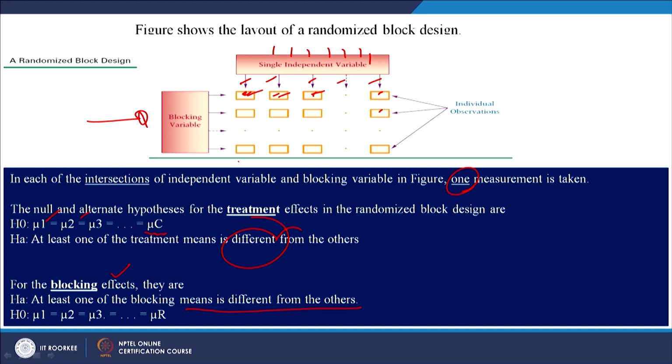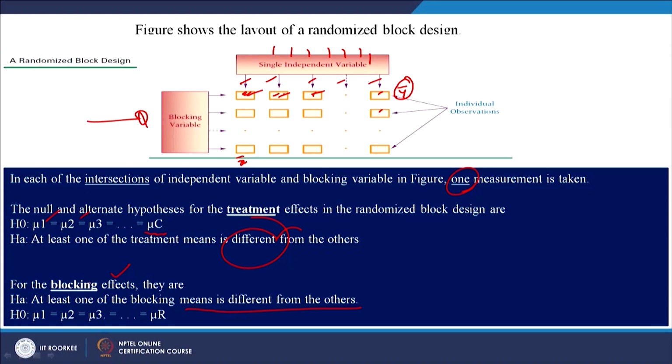So, you have the column mean over here, let us say x bar, and here let us call it y bar for simplicity, the mean of the rows. We are saying that all these row means are the same, and the alternative is that they are not the same. But again, our main focus is on the effect of the independent variable on the dependent variable. Our main focus is not on whether these block means or row means are the same. The main focus is on whether these column means are the same or not, right.